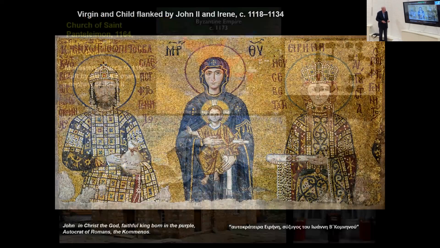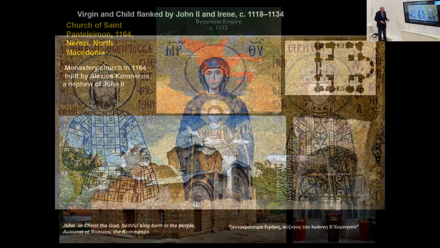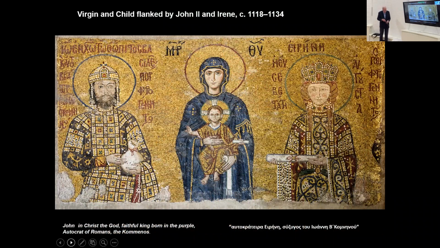And this is the mosaic, go back, of John. And this is a new dynasty, the Comnene dynasty. Alexius being the first of these, and John II was a very successful military commander who saved Byzantium again at a very tricky time after they'd been severely defeated by the Seljuk Turks. And his wife, Irene, who was, as you can see, a redhead,